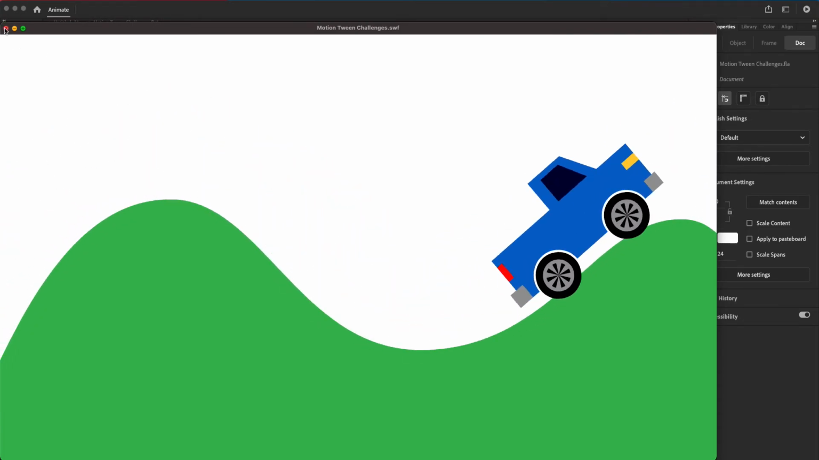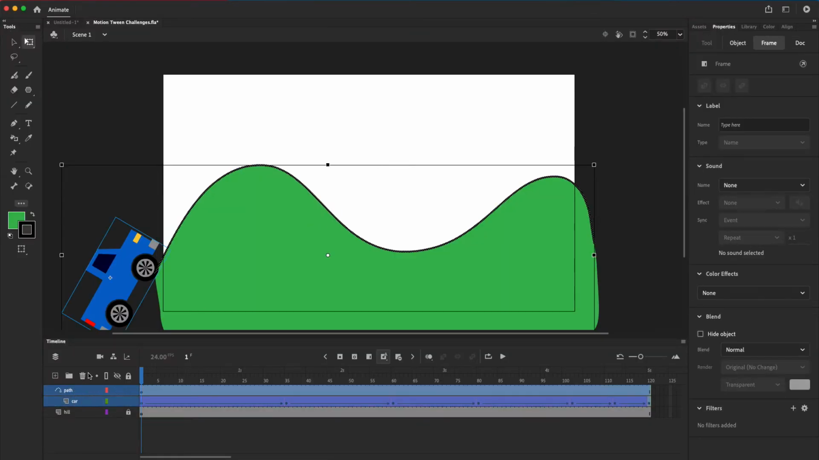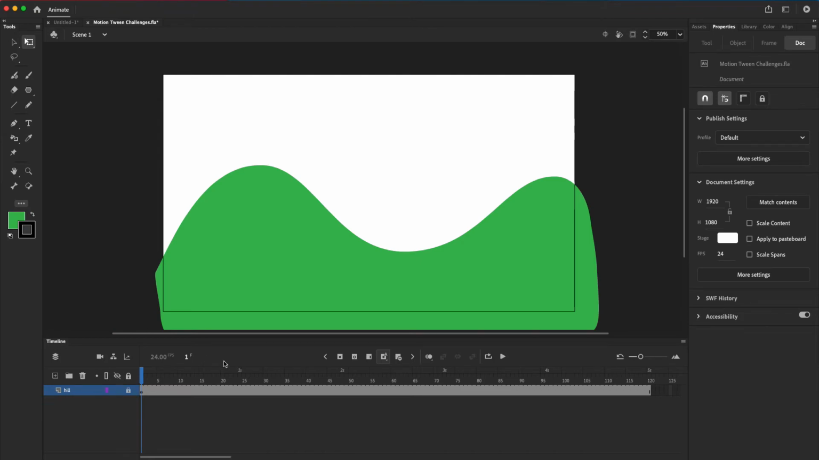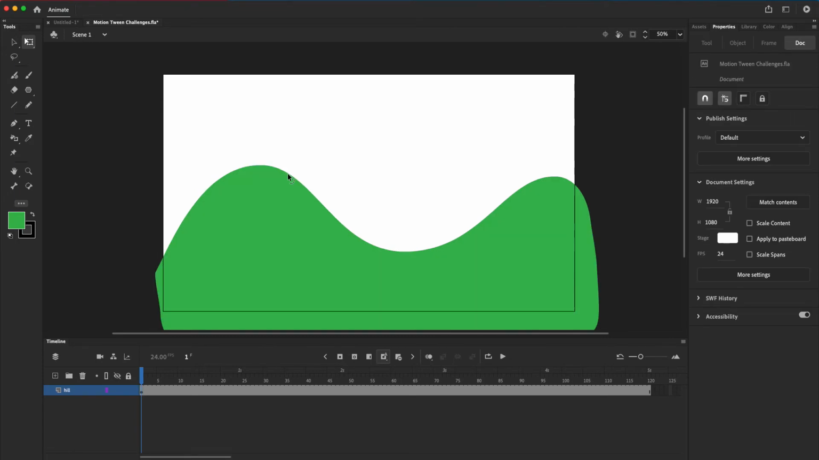So let's exit out of that. And I'm just going to delete both of these. And I'm just going to do it all over again. But this time I'm going to show you a couple of tricks and a couple of tips. So in this case, the trick that I did to get my path here, even though it wasn't on the hill, was when I